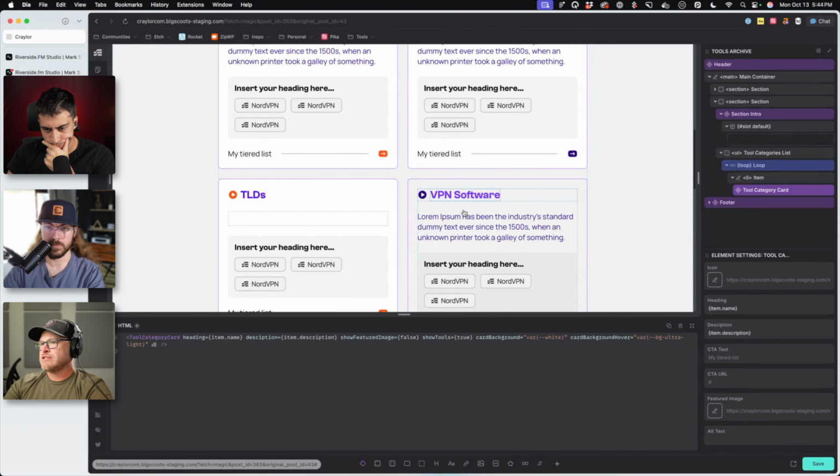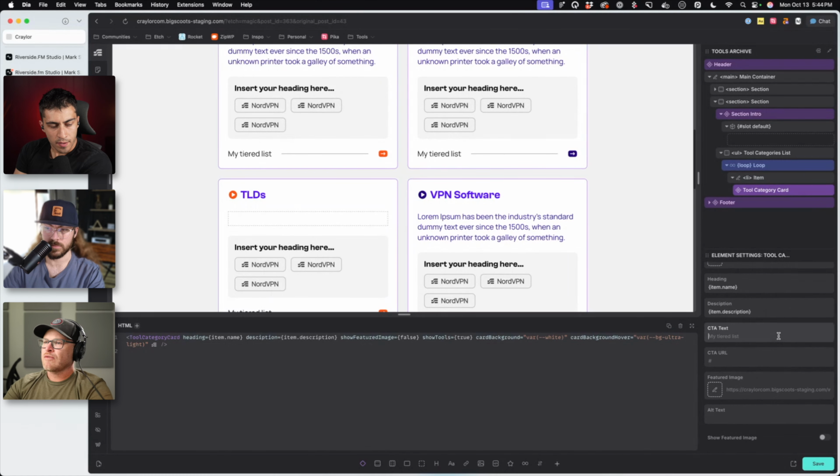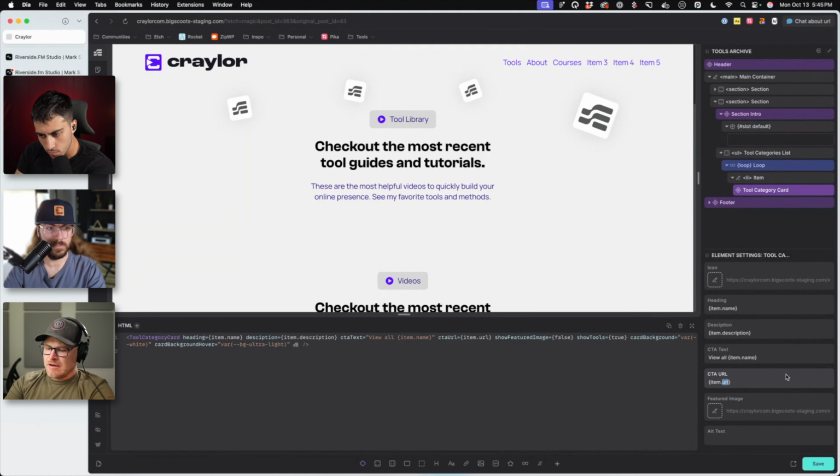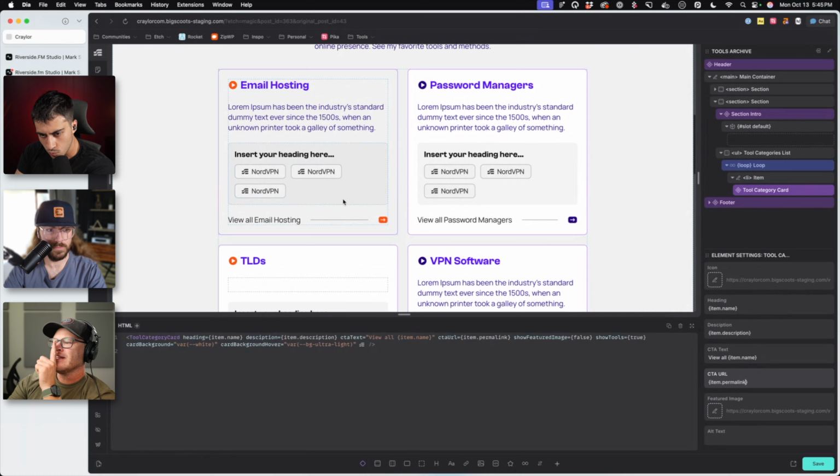Password managers. What is that? This goes to the category name down here. So yeah, right now it says view all and then category name. Okay, item.permalink. But this, yeah. If you go back into the